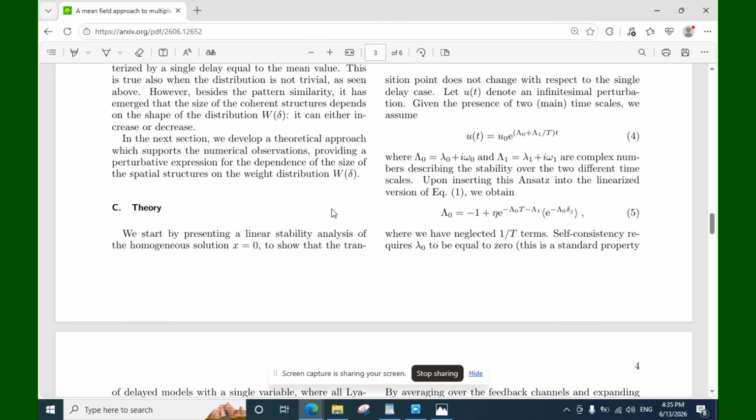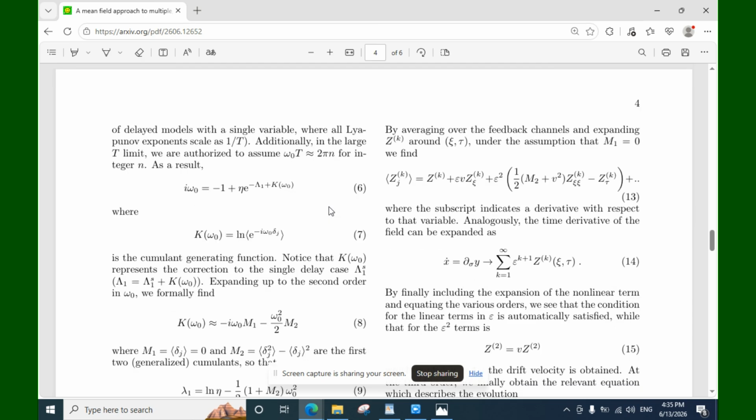Self-consistency requires lambda 0 to be equal to 0. This is a standard property of delayed models with a single variable, where all Lyapunov exponents scale as 1 divided by t. Additionally, in the large T limit, we are authorized to assume omega 0 t is almost equal to 2πm for integers. And as a result, we have